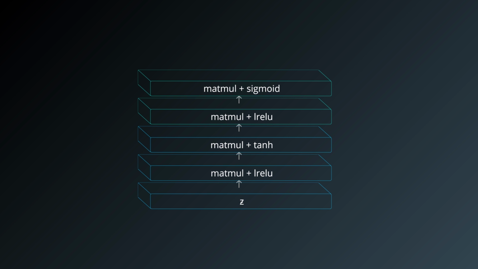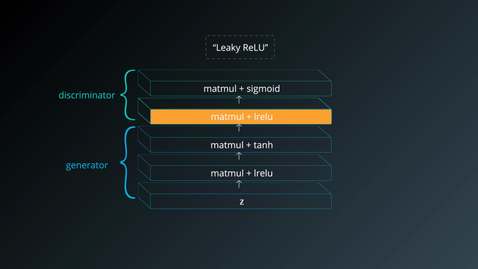The most important design consideration for this architecture is to make sure that both the generator and the discriminator have at least one hidden layer. That ensures that both models have the universal approximator property and can represent any probability distribution if given enough hidden units. For the hidden units, many activation functions will work, but leaky ReLUs are especially popular. Leaky ReLUs help to make sure that the gradient can flow through the entire architecture.